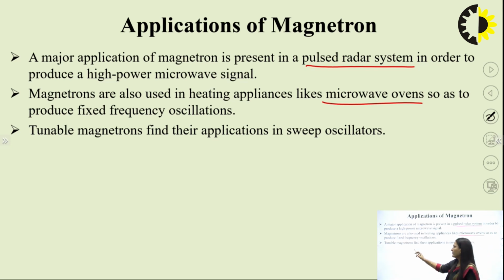Tunable microwave magnetrons find their application in sweep oscillators. So the main application of the magnetron is in the radar system, and the magnetron can be used to generate low power also. So this low power magnetron can be used for heating purposes and heating appliances like a microwave,